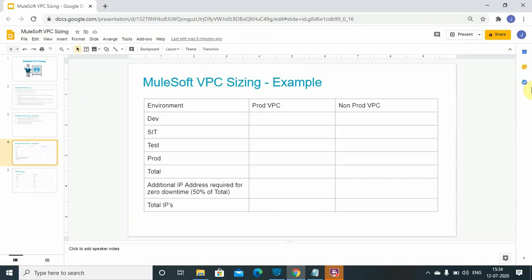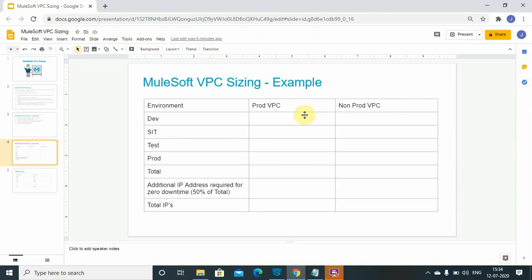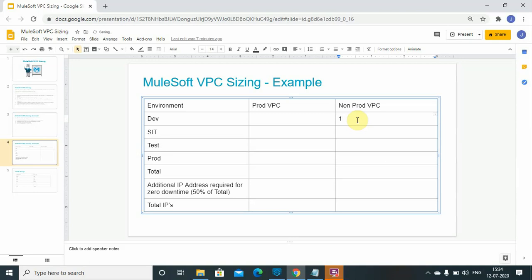So as per initial consideration, in dev we will deploy the application to one worker, and there are 100 applications, 1 into 100, which comes to 100. SIT we will again deploy 100 applications, each application on a single worker.